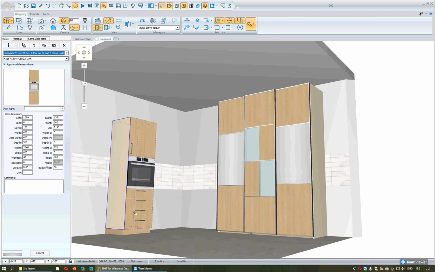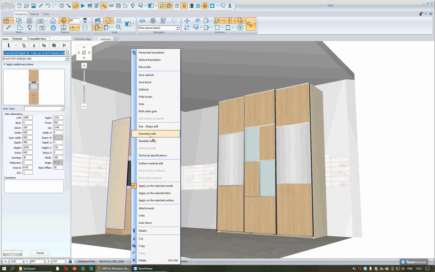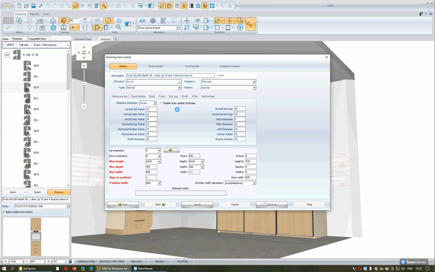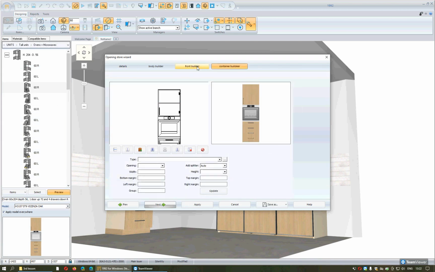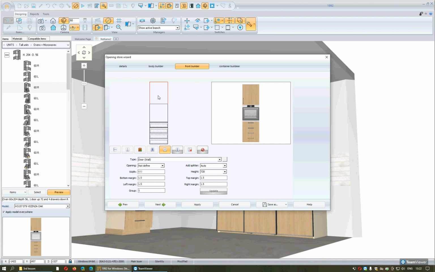in order to change its design or some details regarding the technical part or whatever you want, you will press right click on the unit, and from the option Geometry Edit, you will select the option Front Builder. Here you will select in the sketch all the space you see. You will select if you want at the same time by pressing Shift and left click, and after from this button you will delete all these